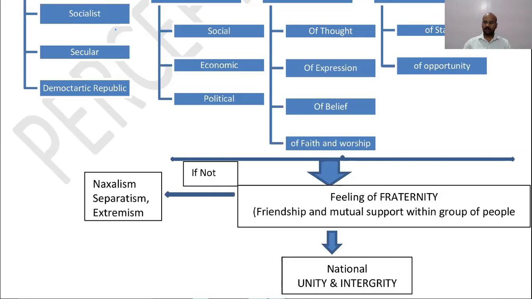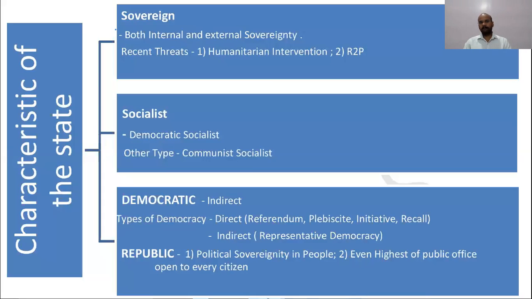Unless and until this is there, there will be a kind of tussle going on between several sections of the society, which will not be good ultimately. And therefore, what we see is that the kind of setup that our constitution makers tried to establish was this: that the state should have certain features. What are these? Number one, it should be